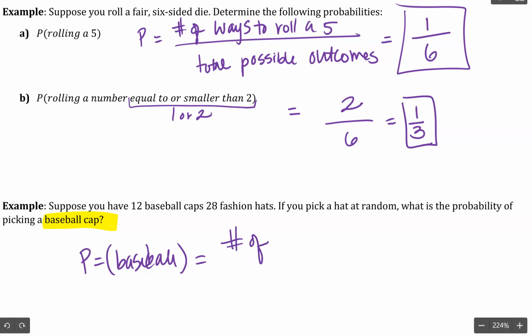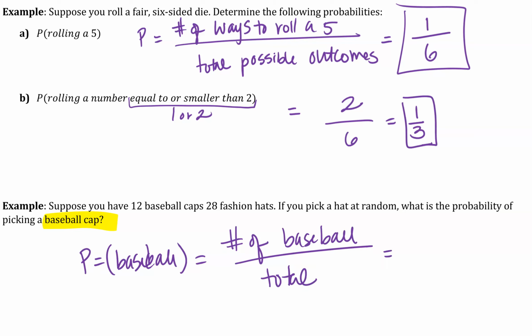So number of baseball caps divided by our total number of hats, or whatever we're choosing from, our total sample space, our total possible outcomes. So we have 12 baseball caps divided by all of them together, which is 12 plus 28, which is 12 over 40, which simplifies to